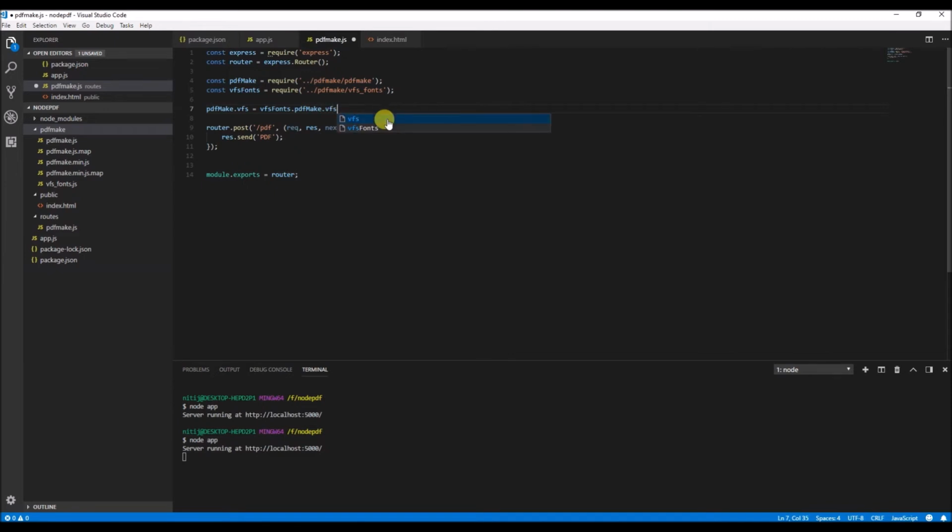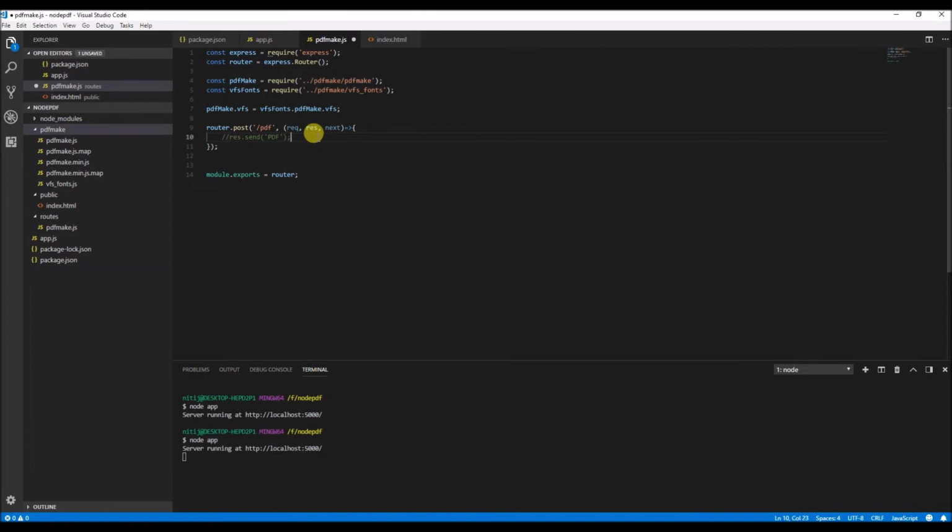I mean, it's all written in the documentation. I'm not really sure why we need to go all the way up to this level for accessing the font information, but that's the way it works. So by doing this, we are setting the font information, and then